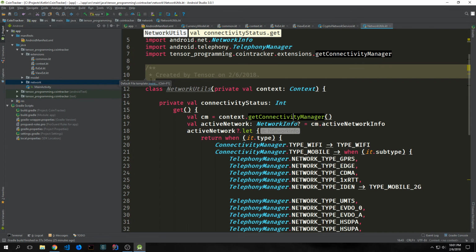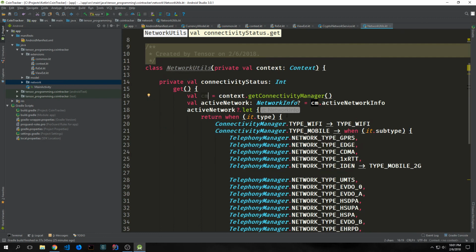Then we're going to make another class called network utilities. This will take in the context and will create a property called connectivity status, which will be an integer, and its getter method will be a bit complicated. So we get in the connectivity manager by calling context get connectivity manager, and then we want to check to see if we have an active network. So we call on our connectivity manager active network info, and then we check to see if it works through